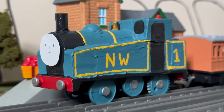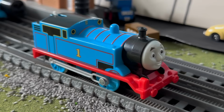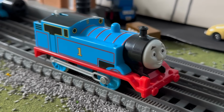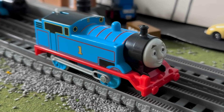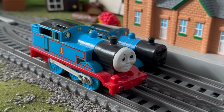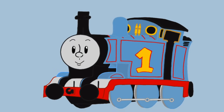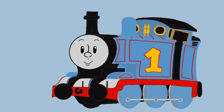When it came to building this model, I was struggling on what exactly I wanted to use for him. I originally planned on making him using a Trackmaster 2 Thomas, but decided against it. I then thought of using a spare Playrail/Tomy Thomas, as I had a few lying around, but I just wasn't completely satisfied with it. However, sometime around late 2023, I had purchased 3 motorized All Engines Go Trackmasters, those being